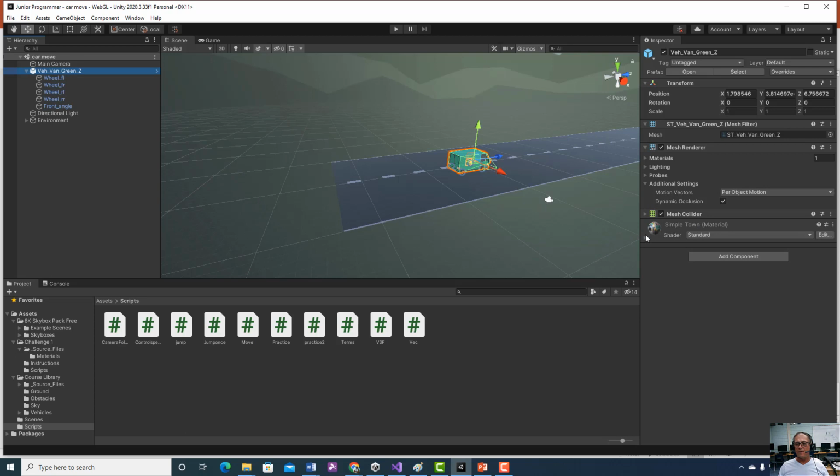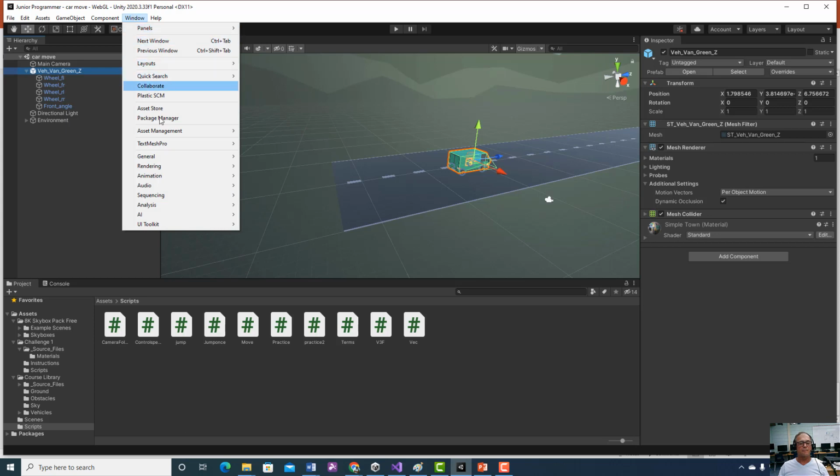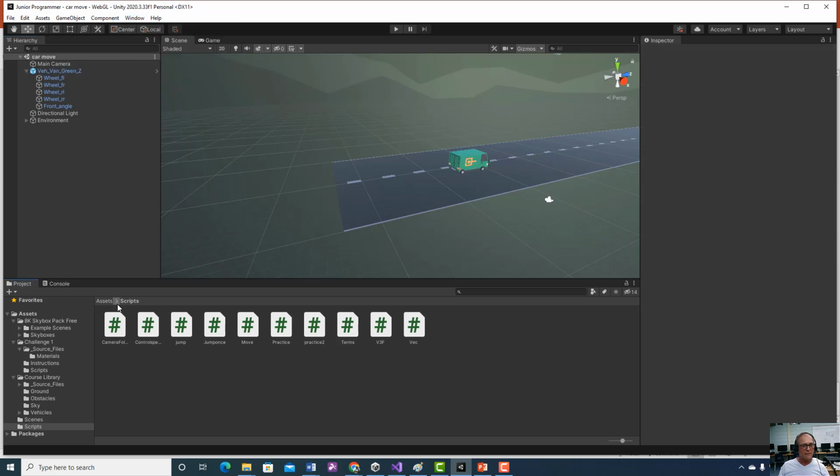I do not have a rigid body on it. I think I took it off. So let me go ahead and put a rigid body on it. Now let me make sure I have the right scene. You guys should have a bunch of scenes